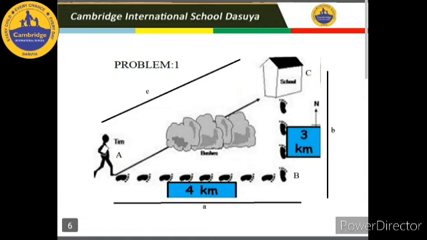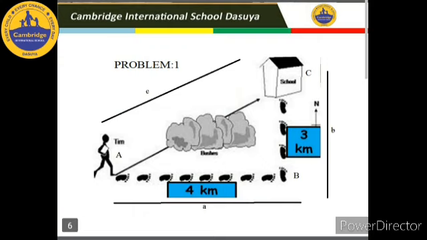If we have to find out the distance traveled by the student, the student goes from point A to B, that is 4 kilometers, and then from B to C, that is 3 kilometers. Therefore, the distance is 4 plus 3, 7 kilometers. If we have to find out the displacement,